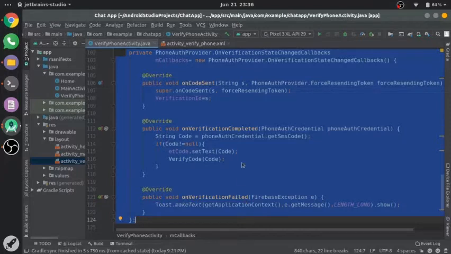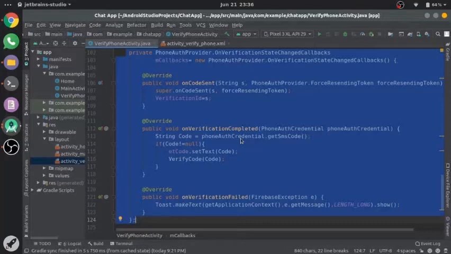So when the code is sent to the user's OTP, then this function will be called. Then we will have our verification code which is sent to the user. Then we will copy it into our verificationId. Okay, now onVerificationCompleted, this function will be called when we want to detect that OTP automatically.